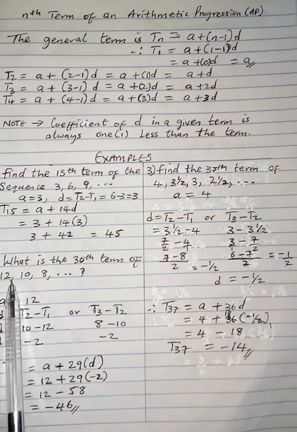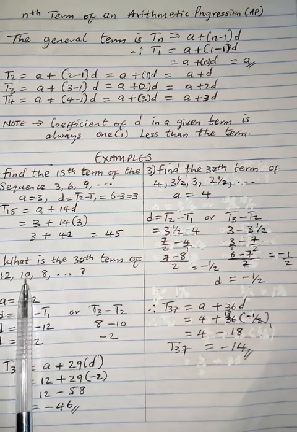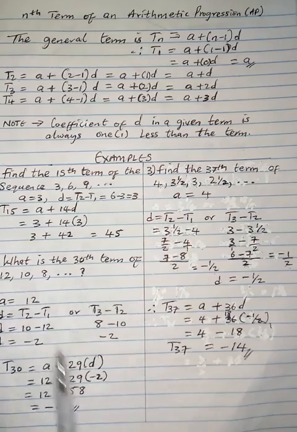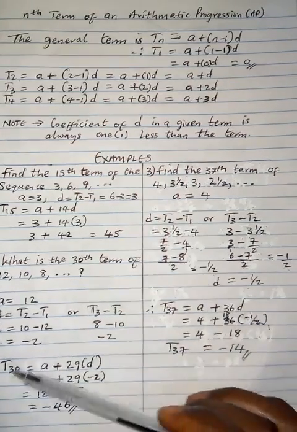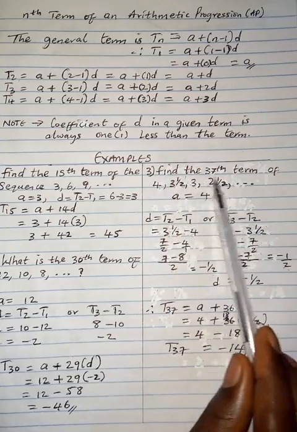If you watch here, this sequence is reducing from 12 to 10, from 10 to 8, and it will keep reducing until it becomes minus 46 at the 30th term. Now, the next one there is find the 37th